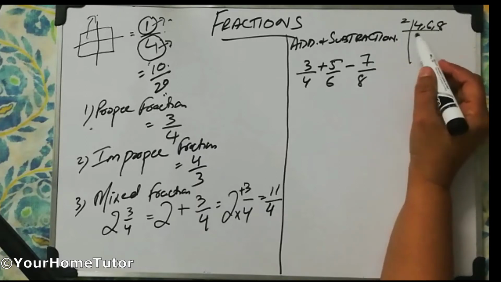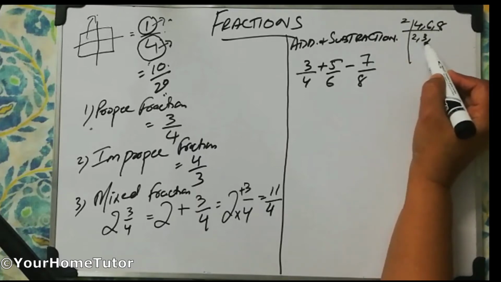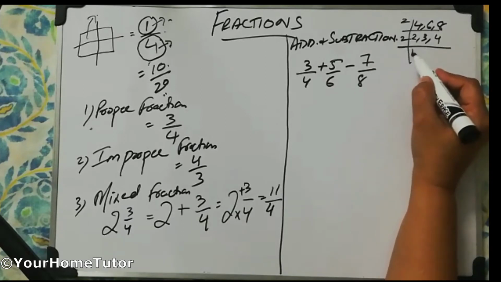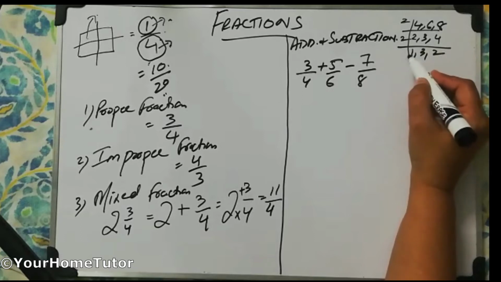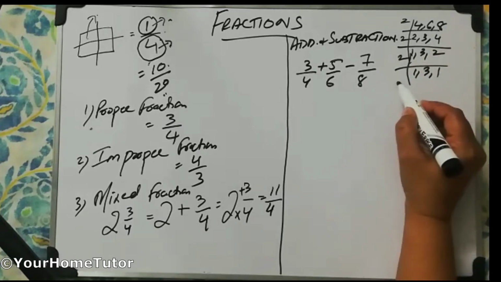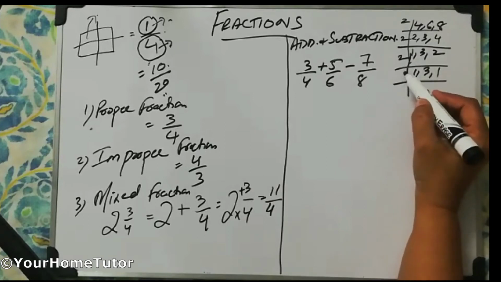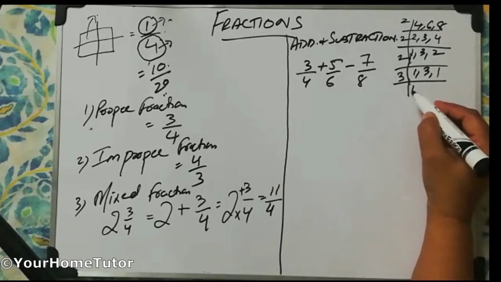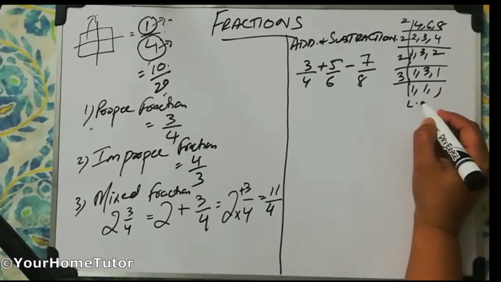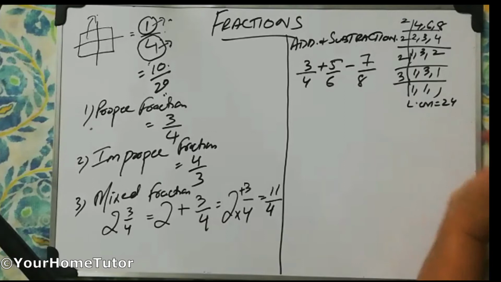Start with the smallest prime number 2. It goes into 4, 6 and 8. Now again we have to go for 2: 1, 3 and 2. Again 2: 1, 3 and 1. Now it's not going by 2, so we have to select the next prime number, and that is 3. So 2 2s are 4, 4 2s are 8, 8 3s are 24. So our LCM is 24.